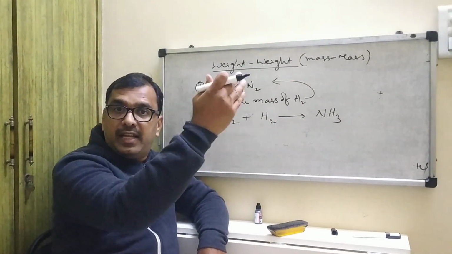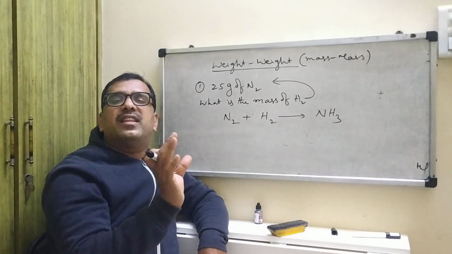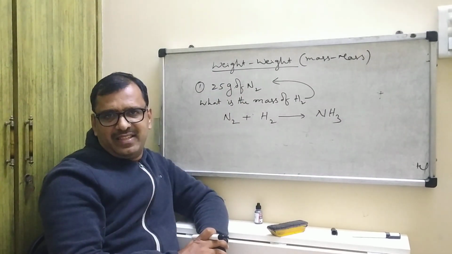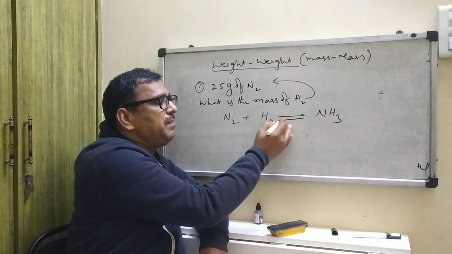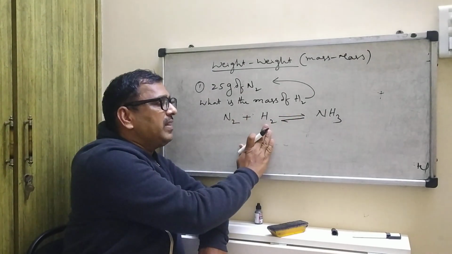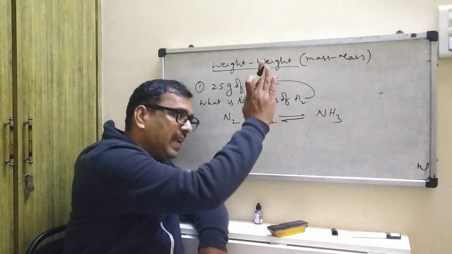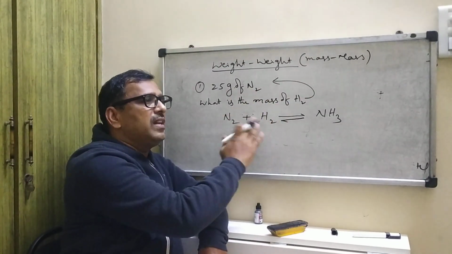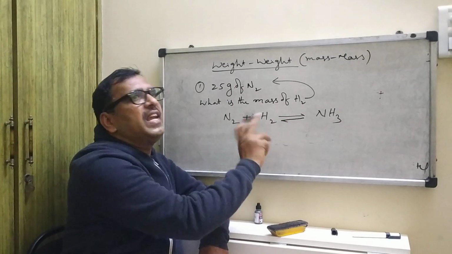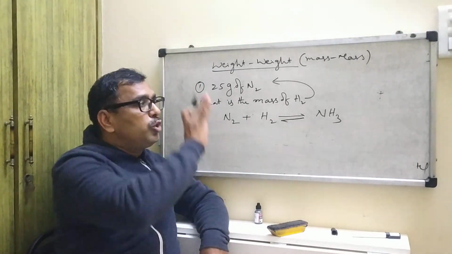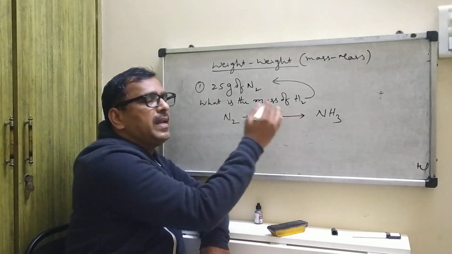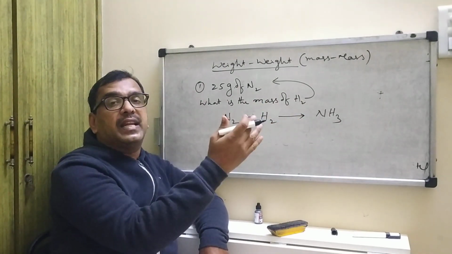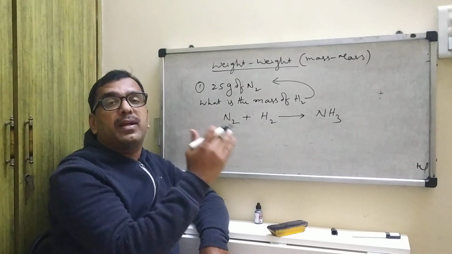High pressure and low temperature are the favorable conditions. Why? We already studied this is a dynamic equilibrium reaction. Nitrogen reacts with hydrogen to form ammonia, and again ammonia gives nitrogen and hydrogen, a never ending process. This is called an equilibrium reaction. To favor the forward reaction, we use high pressure and low temperature.